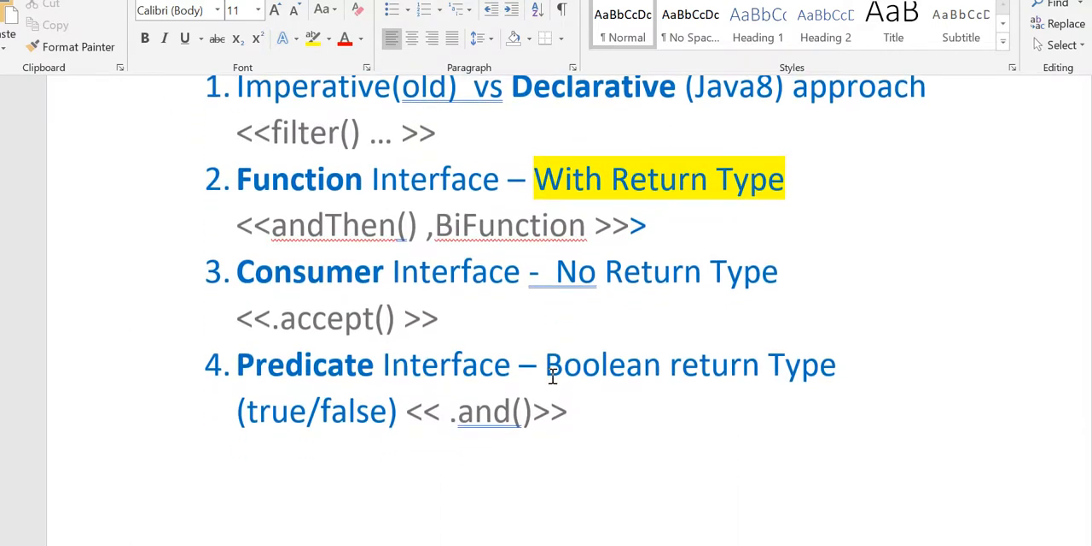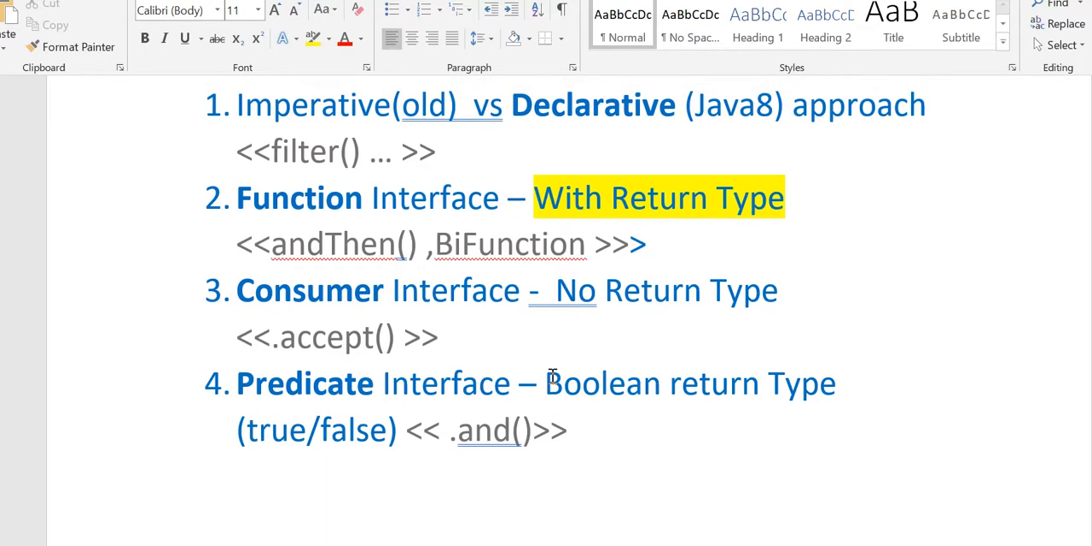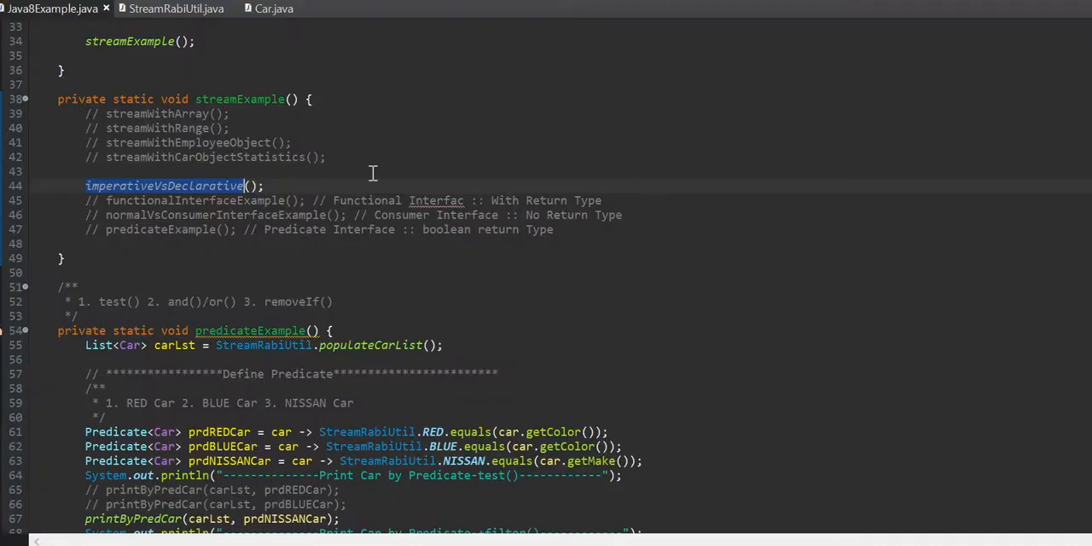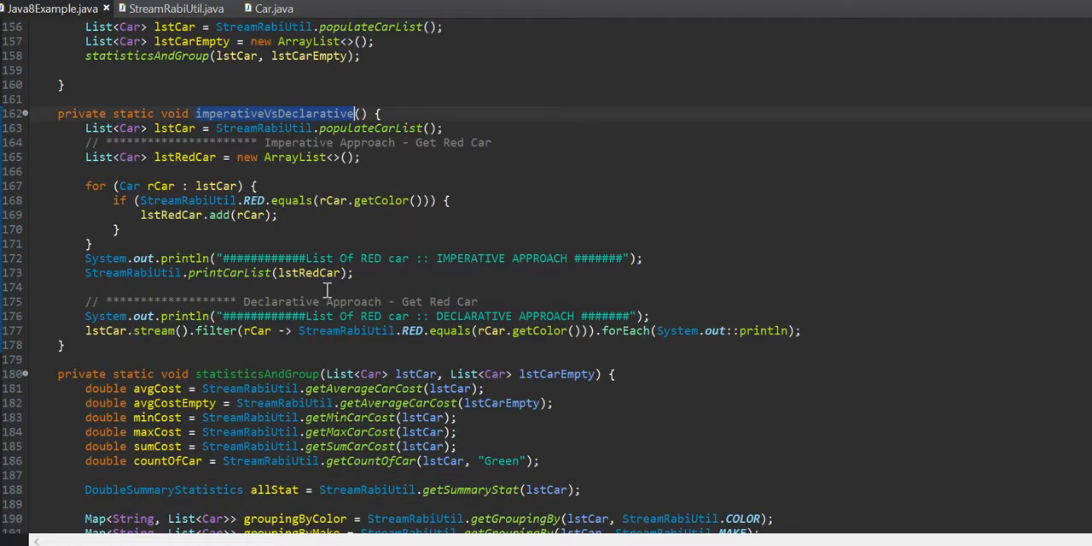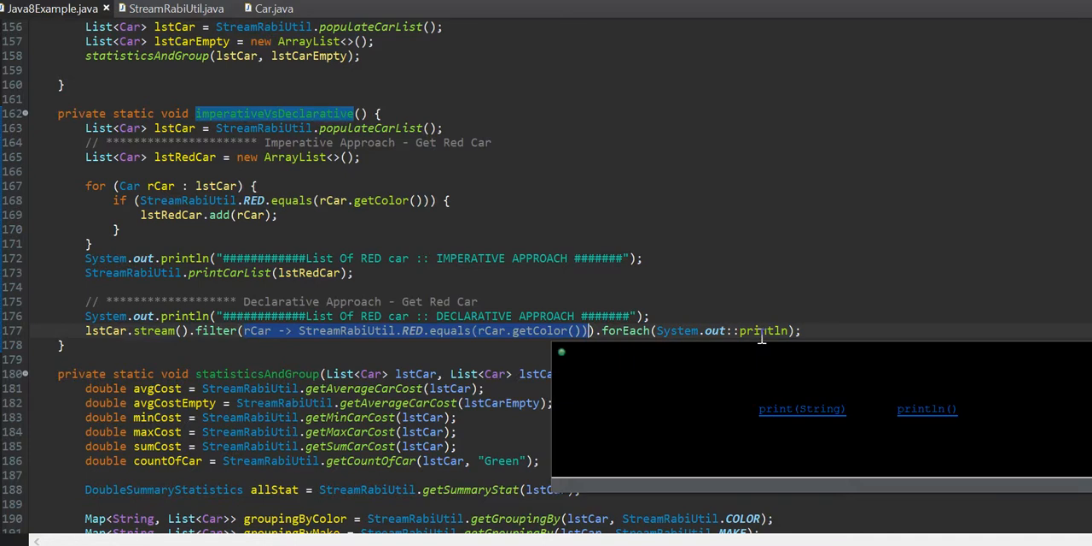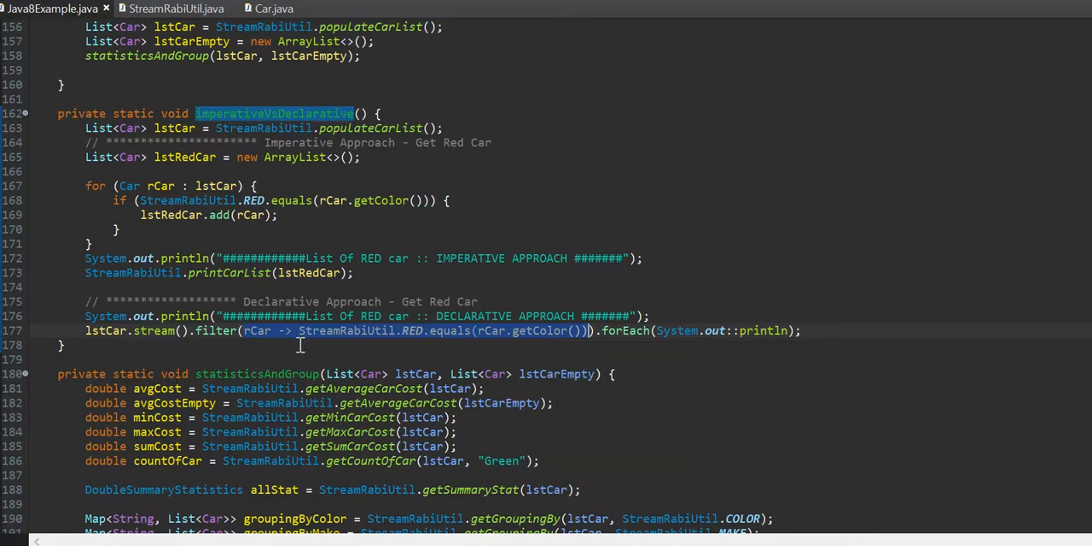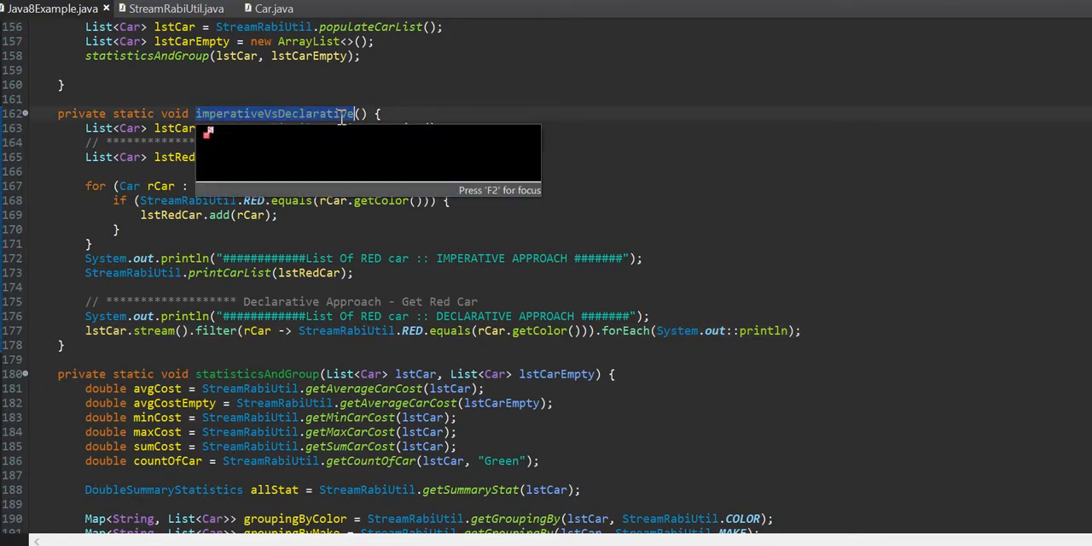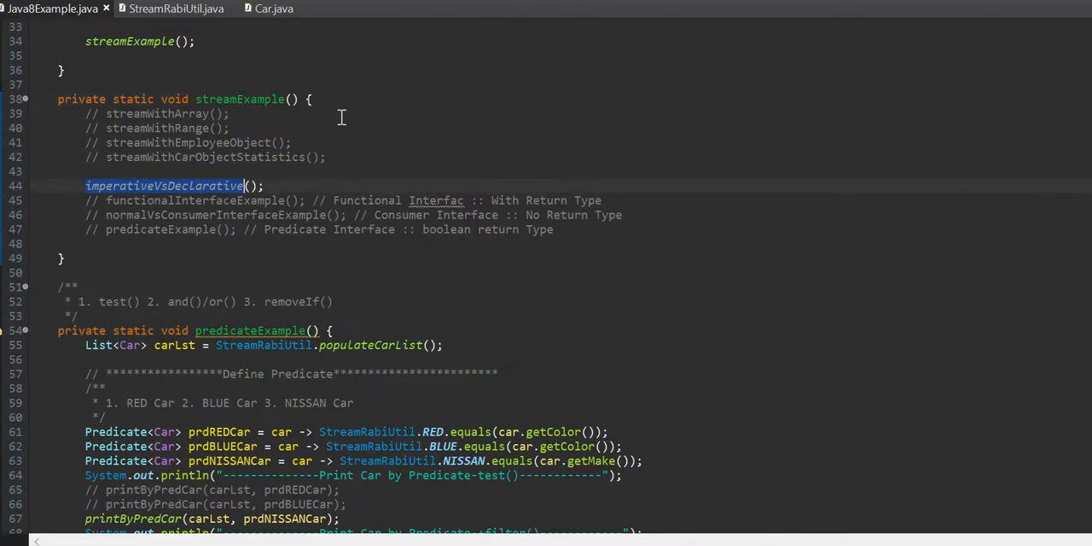And the Predicate interface returns a boolean return type. You can have as many arguments as you want, but you have only a boolean return type. For example, in the imperative versus declarative example, here you see I have used this one, right? Instead of that, since it's a boolean value, I can use Predicate there. Since Predicate returns a boolean,